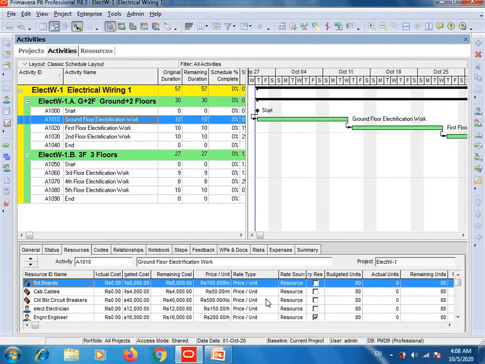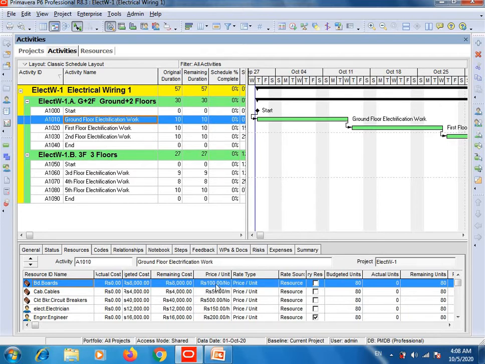This board price is price per unit 100 rupees per board. You can also change this if you know the actual price of the board, but I will assume that by default this value is coming 100.